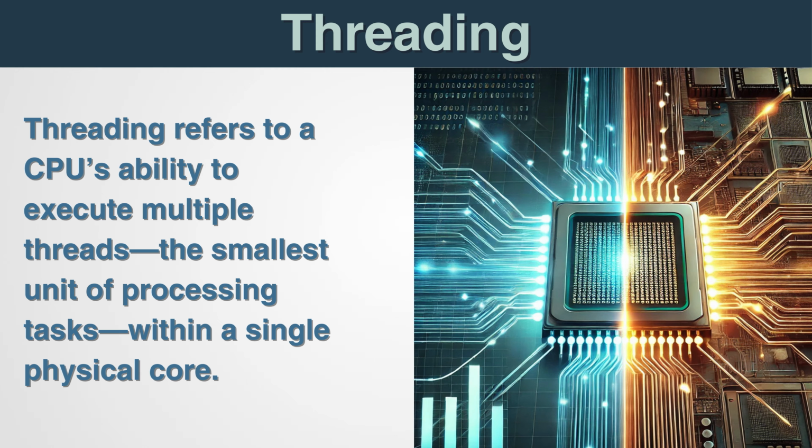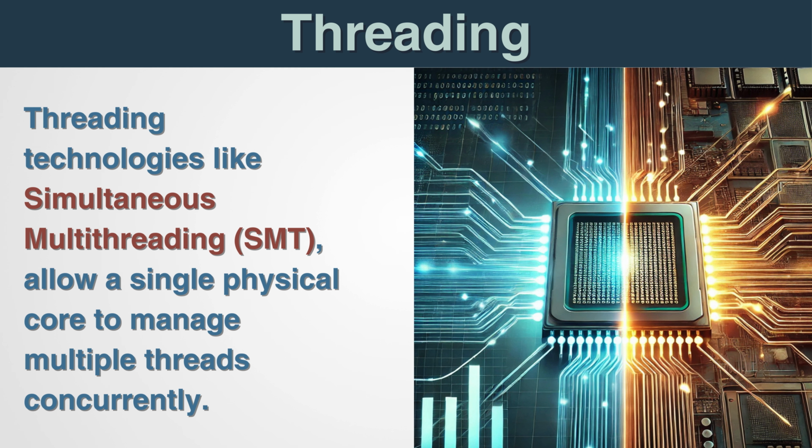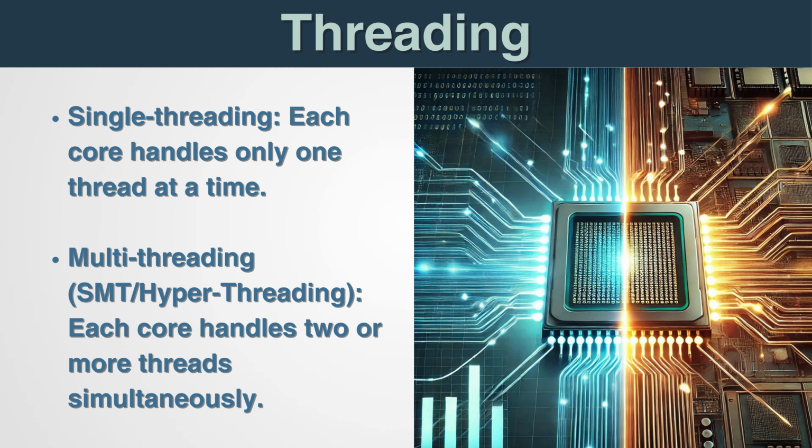then you also heard me talk a little bit later about threading and it enabling a single core to handle 2 tasks. Now, threading refers to a CPU's ability to execute multiple threads, the smallest unit of processing tasks within a single physical core. A thread represents a sequence of events that can be managed and executed independently by the CPU. Threading technologies like simultaneous multithreading, SMT, most famously implemented as Intel's hyperthreading, allow a single physical core to manage